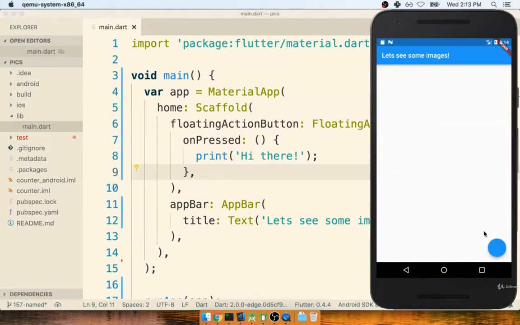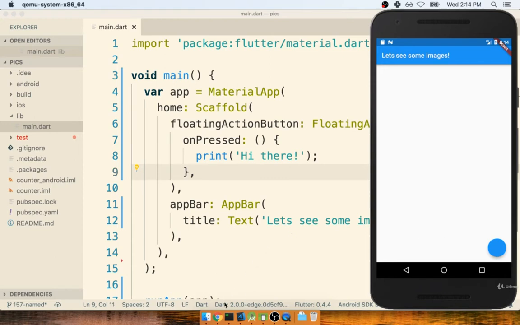We now have our button displaying on the screen, and when we press it, we see a print statement inside of our terminal, which is definitely interesting, but the button itself does not have any icon inside of it. So we're going to have to figure out how we somehow are going to get that plus symbol to appear inside of here. So the first thing I want to do is take a look at the floating action button